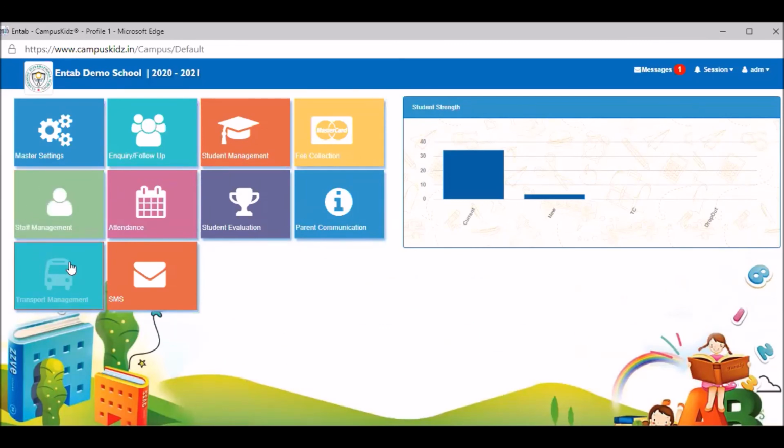An admin can access reports from transport management. A center head or a principal or headmaster would access reports from SMS as well. A front office person may need the access to the inquiry and follow-up reports. So depending on the user's function, you can provide the access to various reports within the system. This is how you go about adding or deleting or editing the report access to a particular user.